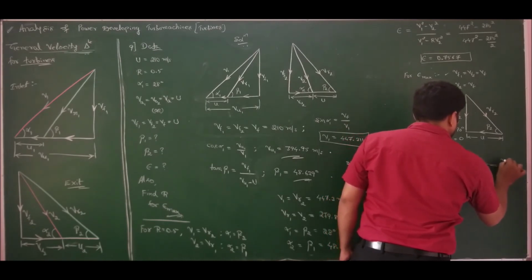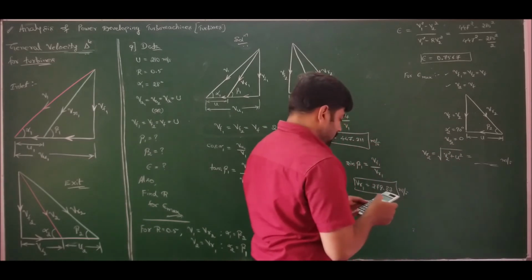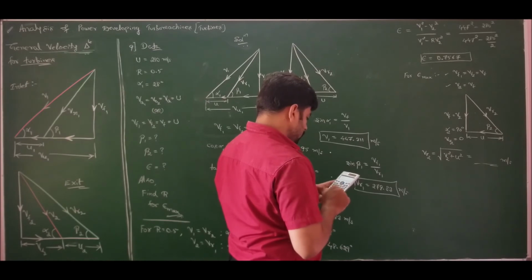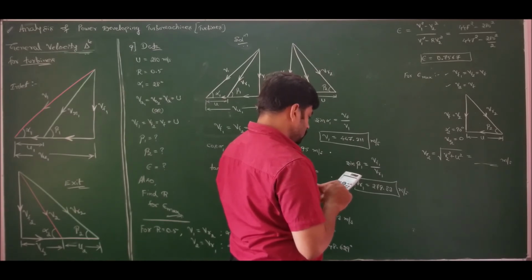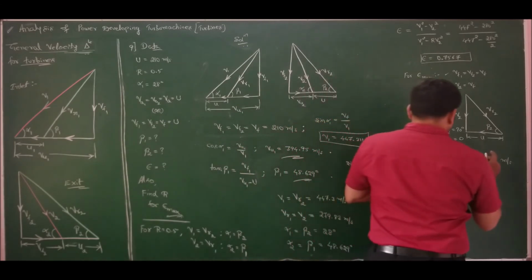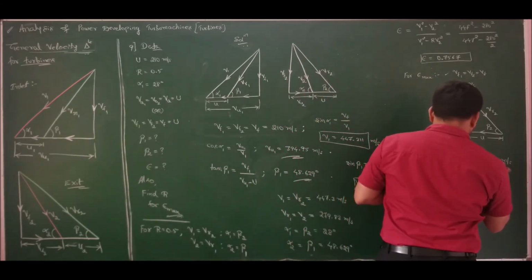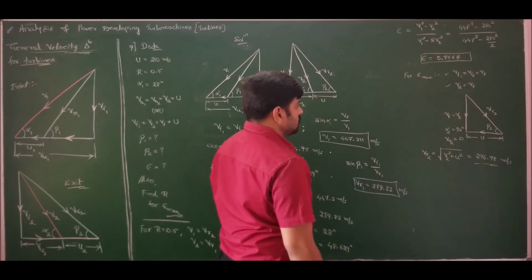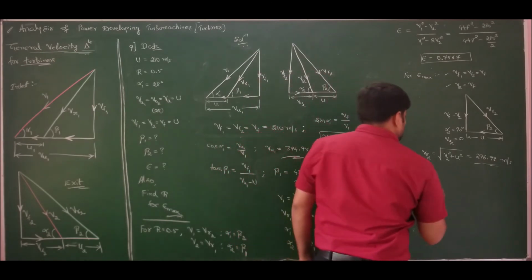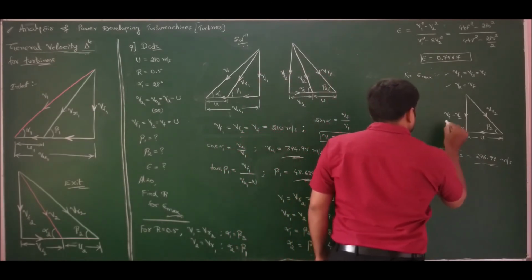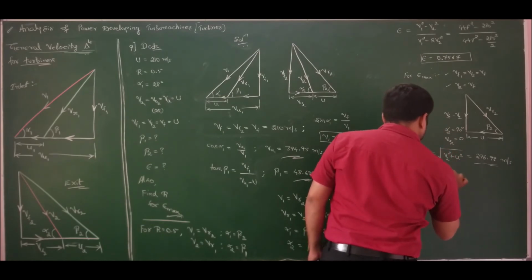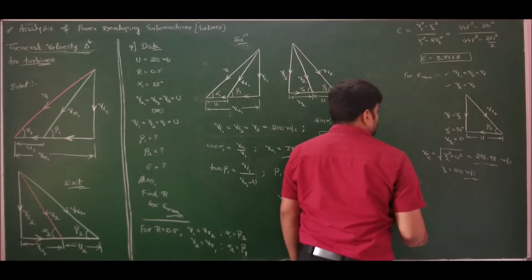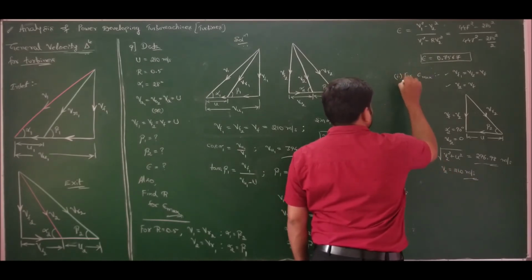So therefore I will get VR2, as V2 is equal to Vf is equal to 210, square root of 210 square plus U, which is also 210, square, which is equal to 296.98 meters per second. Now substitute all the values in the equation of degree of reaction. V2 is also equal to 210 meters per second for maximum utilization. This is for case 2 of this problem.